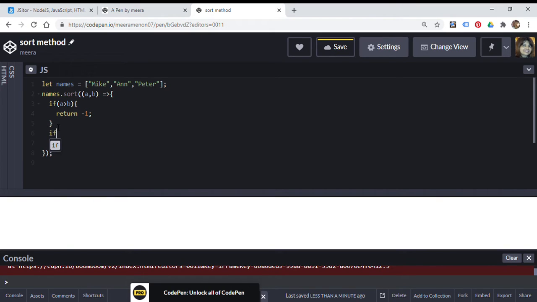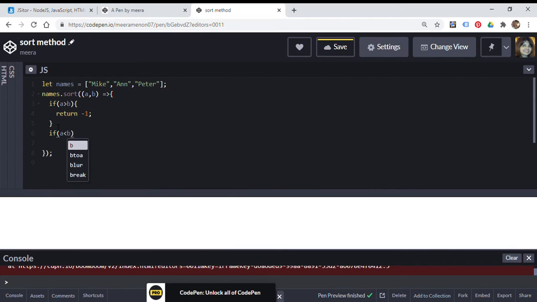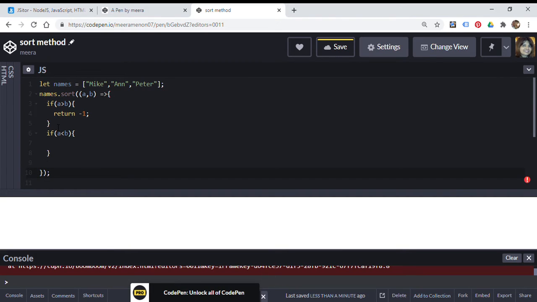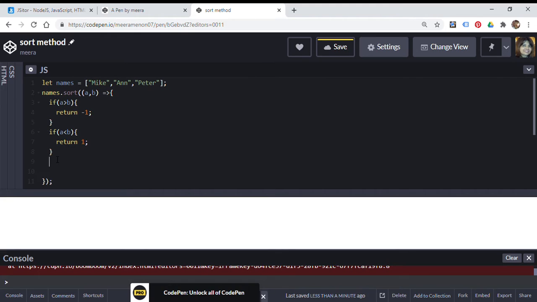And if a less than b, return 1. So I'm just changing the rule here to get the descending order. Or else return 0. Now when you say return 0 it's like when you don't change. So the first one I'm considering is for the descending, so that it gets a preference for the descending. Okay, console.log